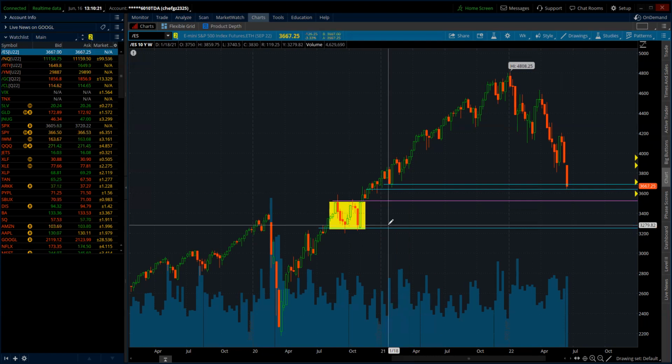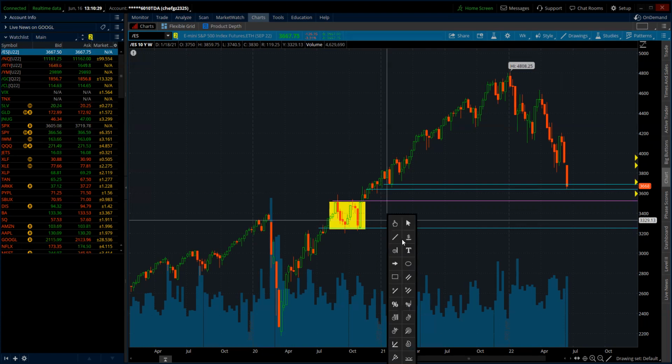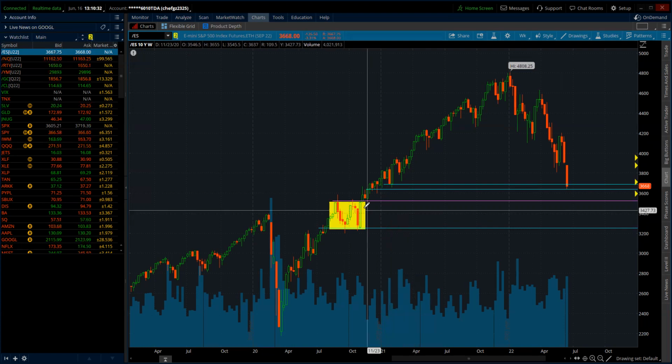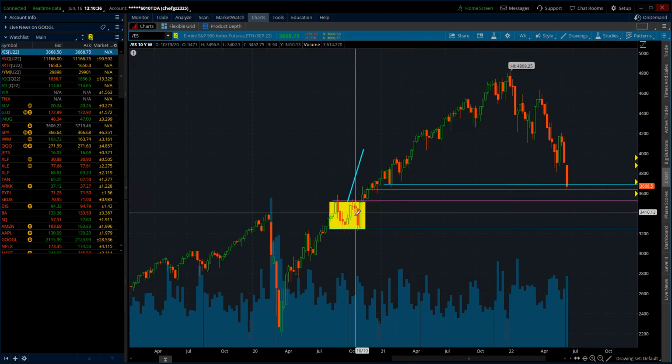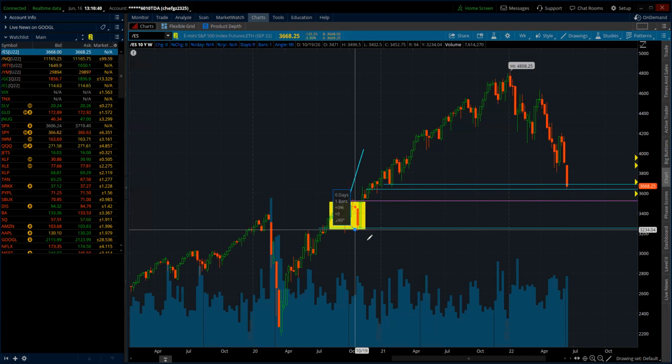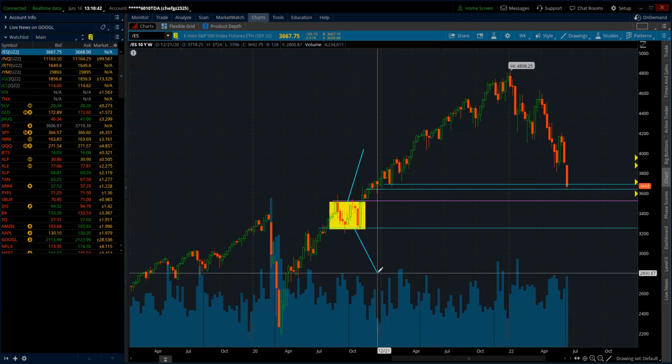terminology is accumulation. Accumulation or distribution is going to be one of the two, whether it's going to break above or break down. That's what's going to determine the distribution or the accumulation. Accumulation meaning that it's going to push up. Distribution meaning that it built up and traded sideways in order to just sell off. That's what that is. So this is what a zone is.